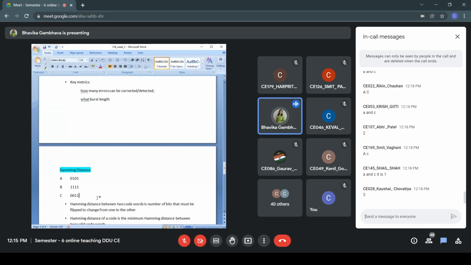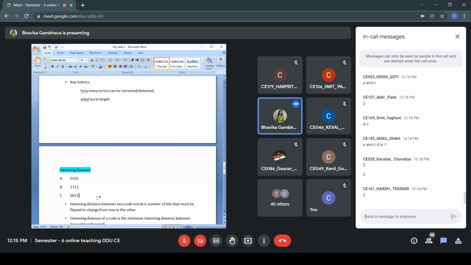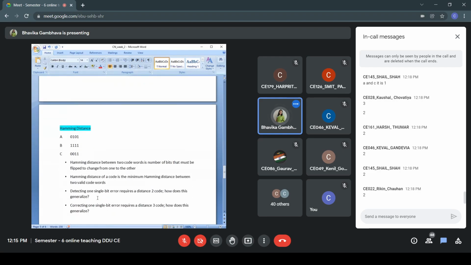Last one. Can you tell me what is the difference now? What is the Hamming distance now? I'll not use the word difference. That is for understanding. The technical word is Hamming distance. What is the Hamming distance between A, B, C now? Yes, it is 2. Okay. So now,